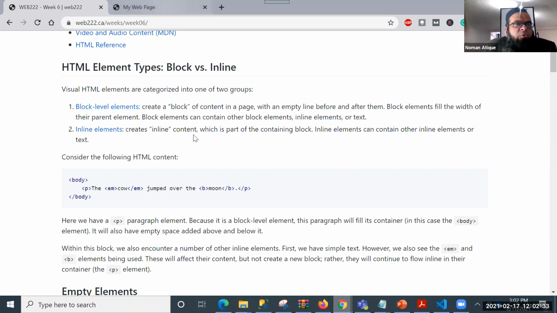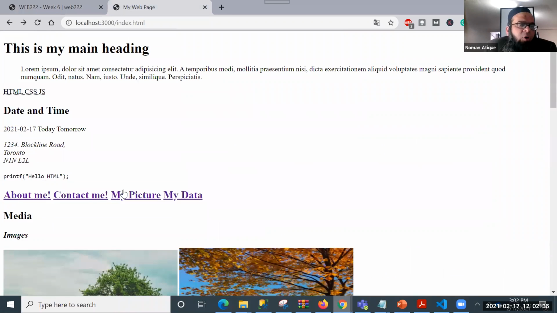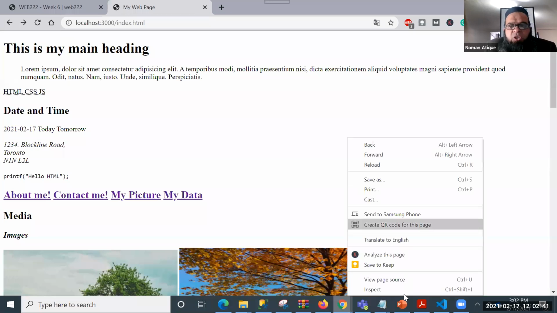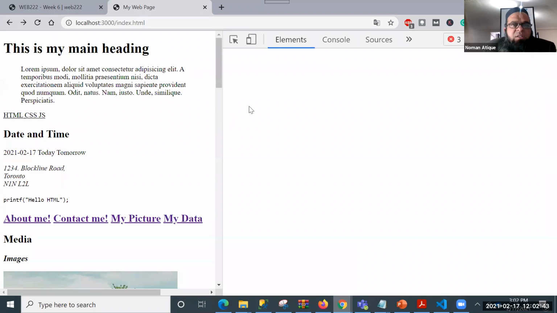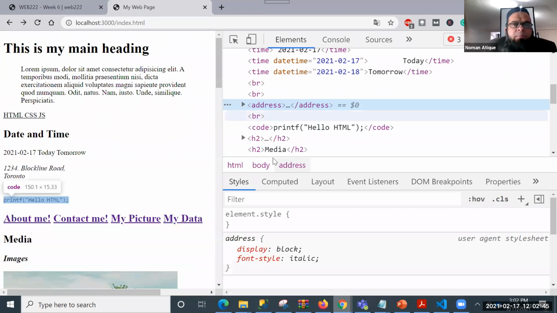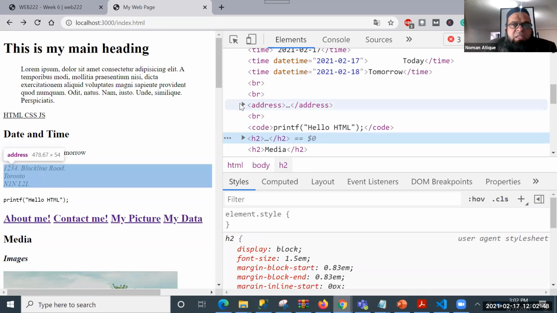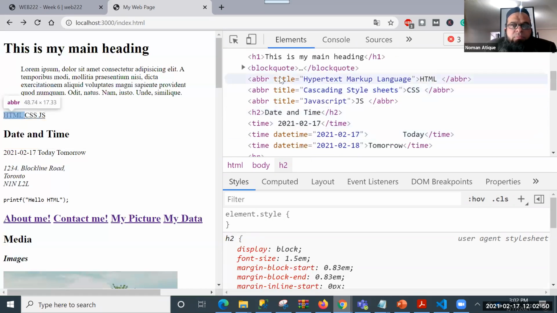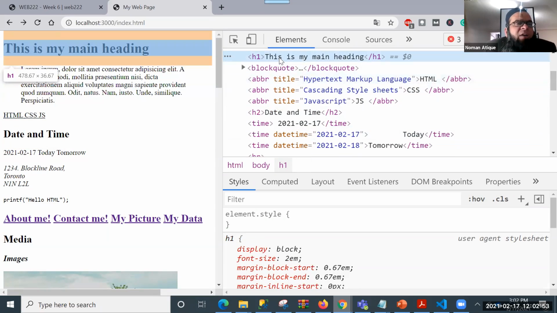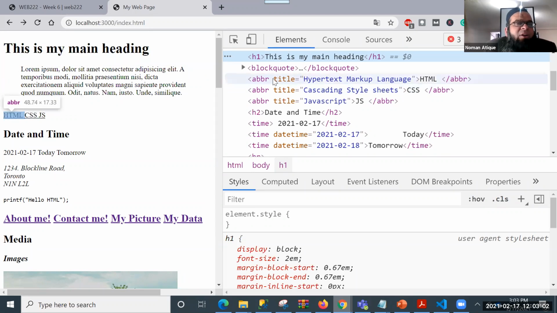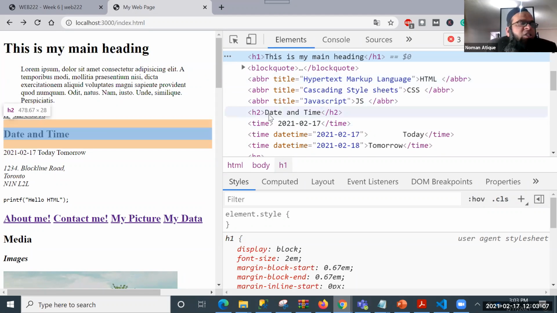Good. At a first glance, of course, you can find out what the block level elements are. Let me show its source so that we can find out which one is which. If you see H2, or maybe let's go to the top. If I ask you, is this block level or not, please put a Y or N. Is this H1 block level or not? Of course, yes, that's good. Abbreviation, is it a block level or inline? Is it a block level abbreviation? No, that's good. H2 is block level.